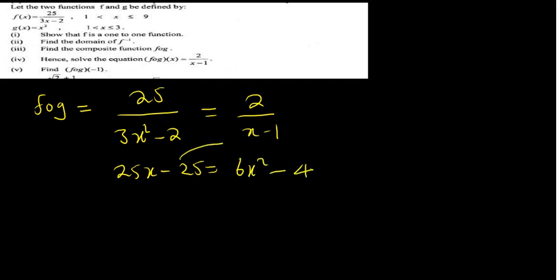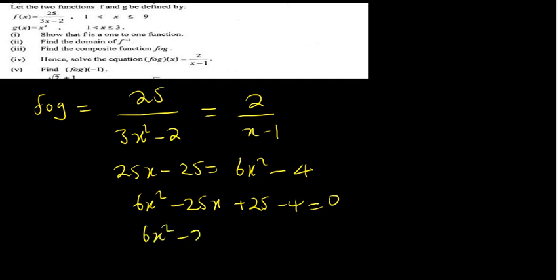I'm going to take all the terms to this side. So we're going to have 6x squared minus 25x, the 25 positive, and then the negative 4, and that will become 0. So this will be 6x squared minus 25x, 25 minus 4, that is a positive 21, and this is going to be equal